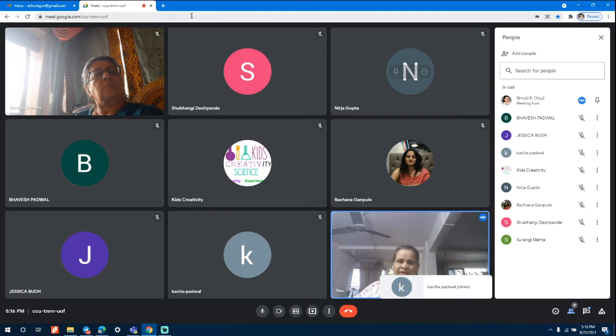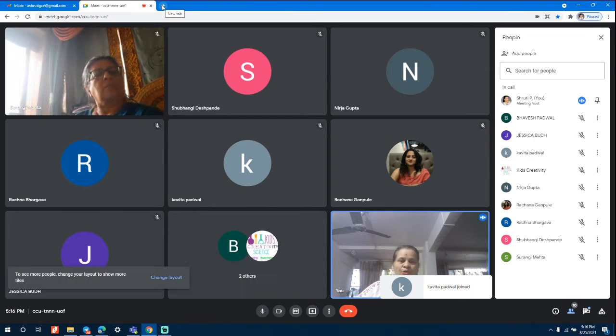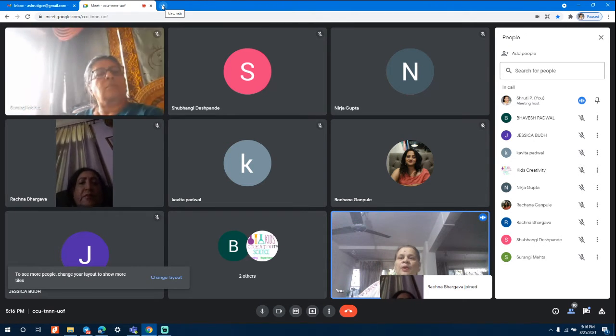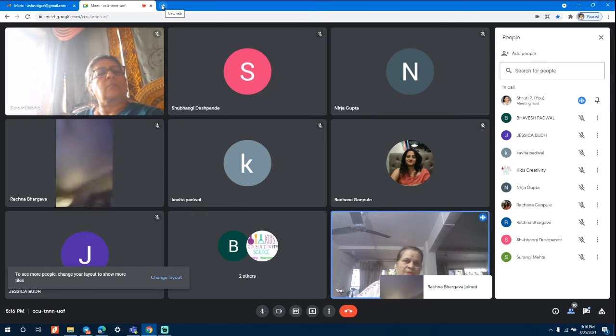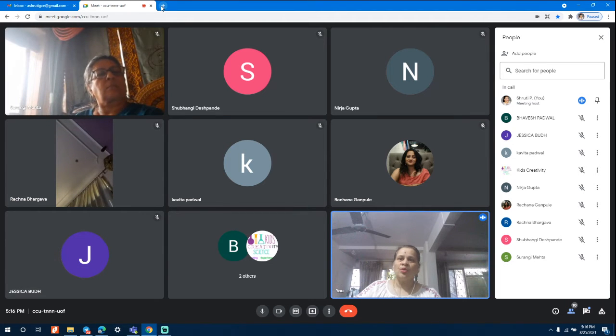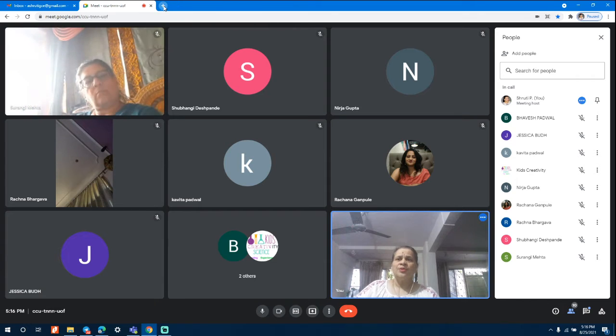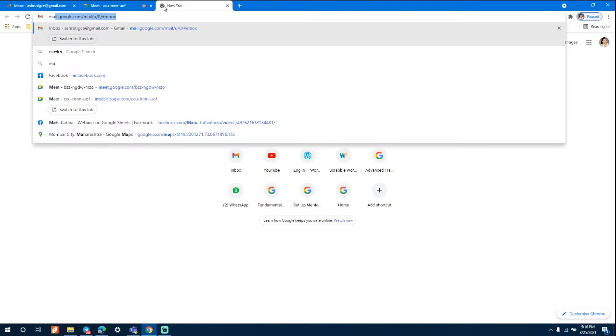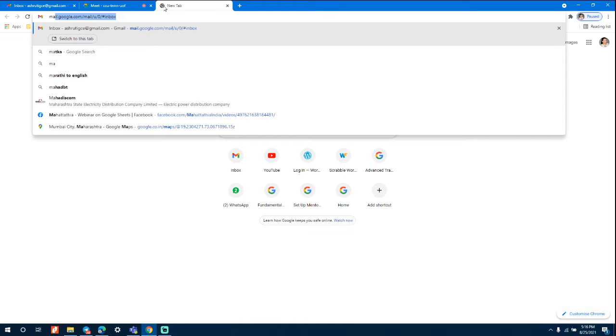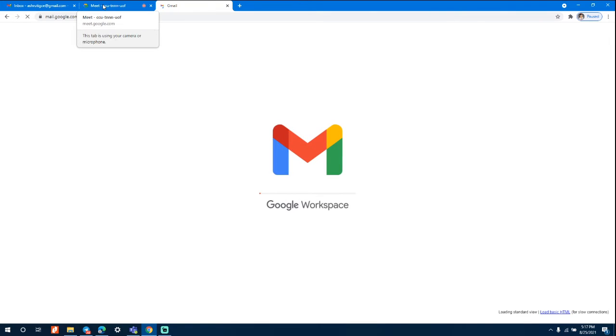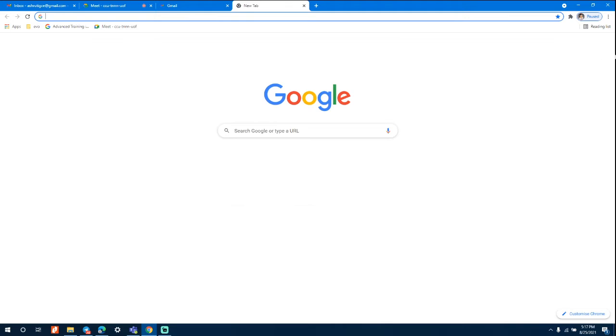So you all are aware how to go ahead with a Gmail account. You all have Gmail accounts. Now, how do we access your Gmail? Either you can directly go and type in the browser mail.google.com and you get it. Whichever account you are logged in with, you will get access to that. So my primary account is Shruti SRP, so I'll go in using that. Or, if you don't want to do this, maybe you can just go here.